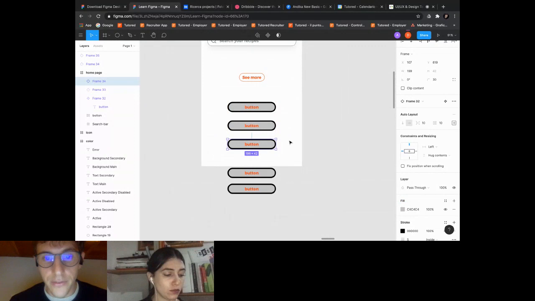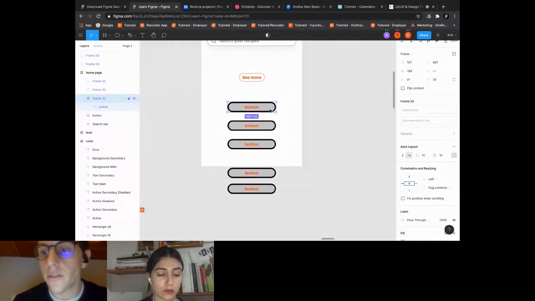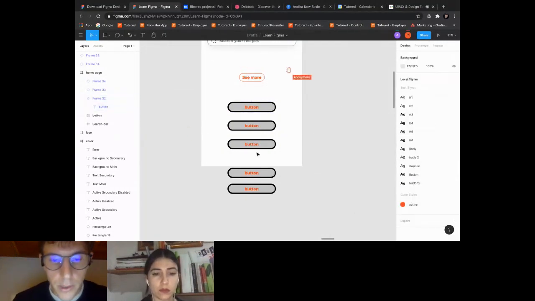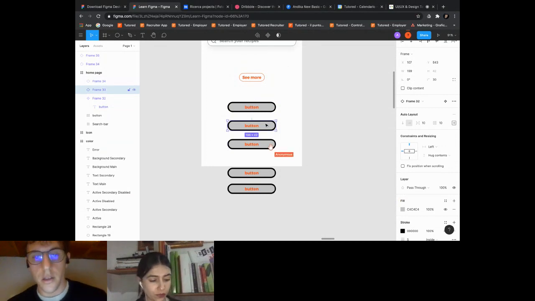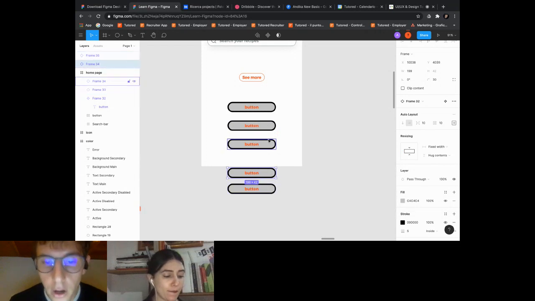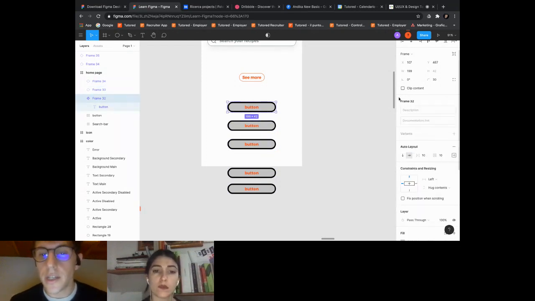And it's very important because if you want to change something, for example, the border radius, we want 20 pixels, we don't have to change the corner radius on every instance, but we have to change it just on our component.